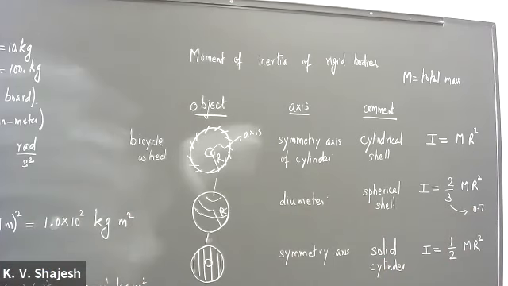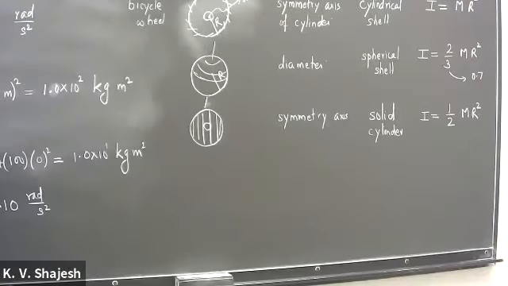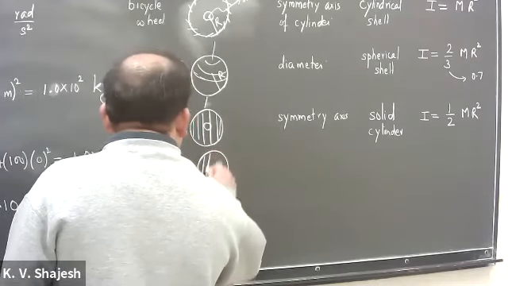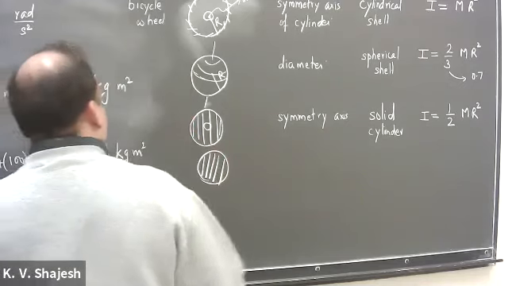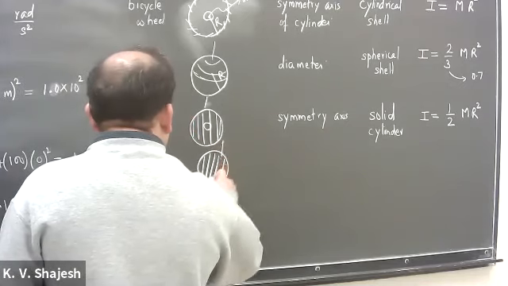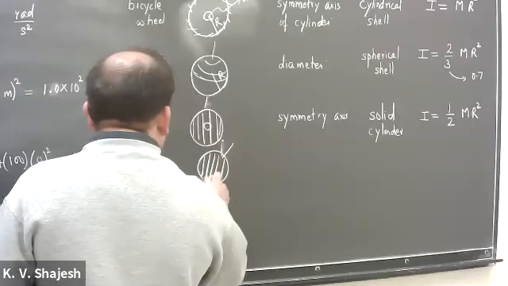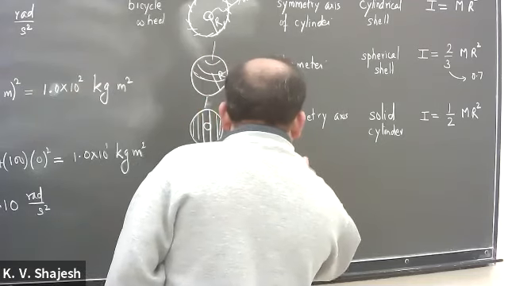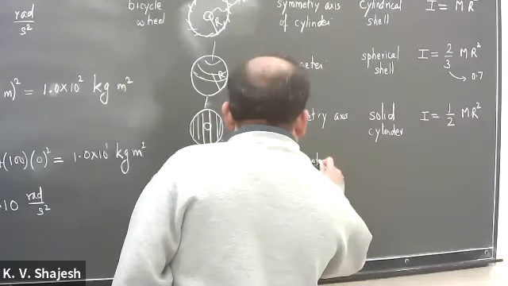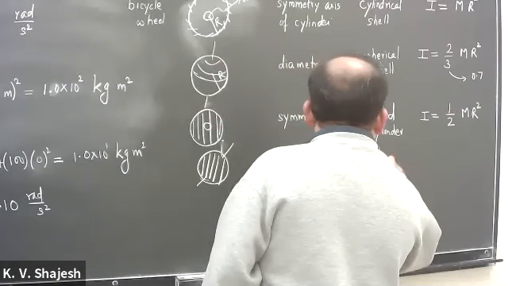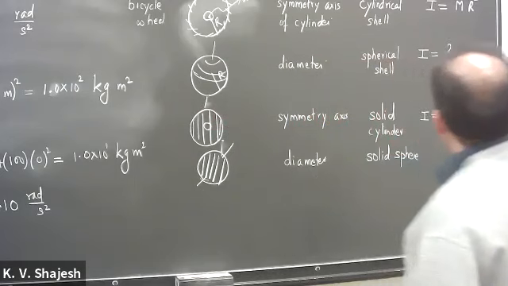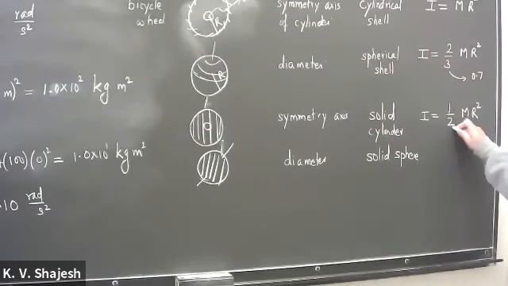One more example. The next one is a solid sphere. So this is a solid sphere, and the axis goes through the diameter again. That's like Earth, right? Earth is an example of a solid sphere, with the axis going through the diameter. And again, it helps to notice that 1/2 is 0.5.